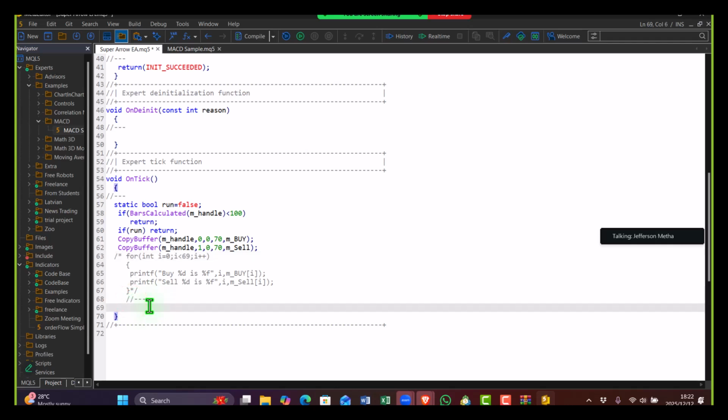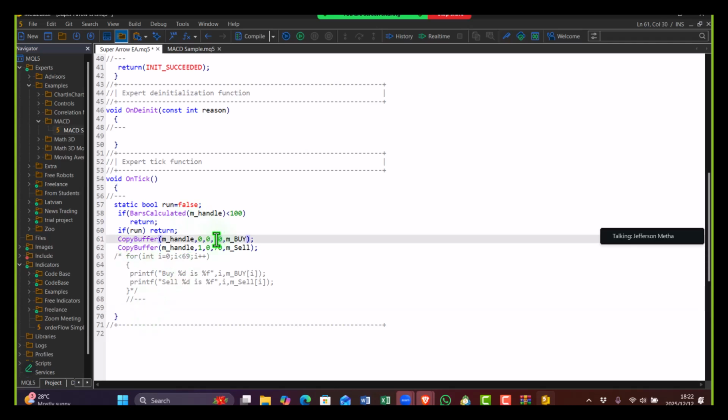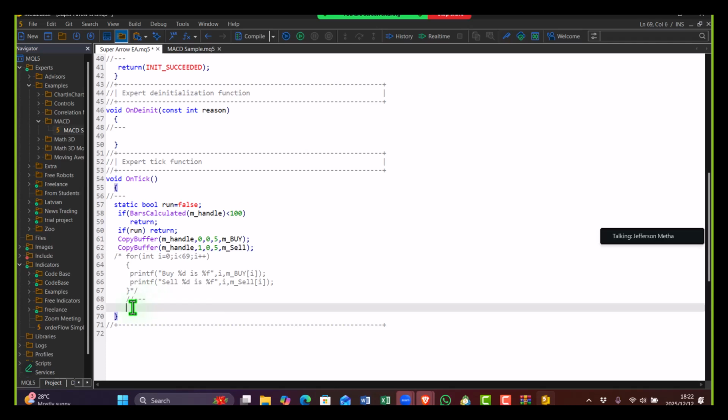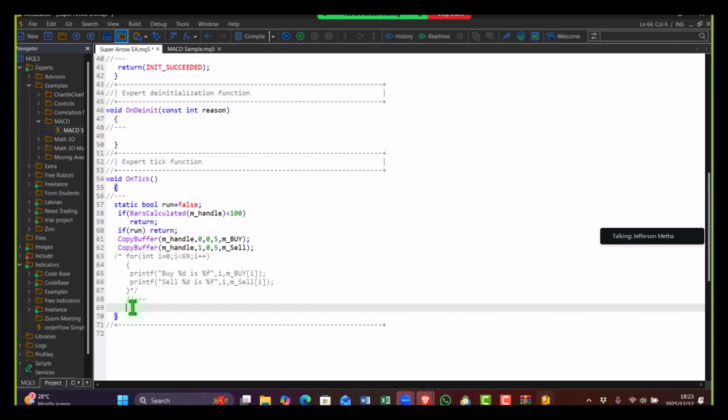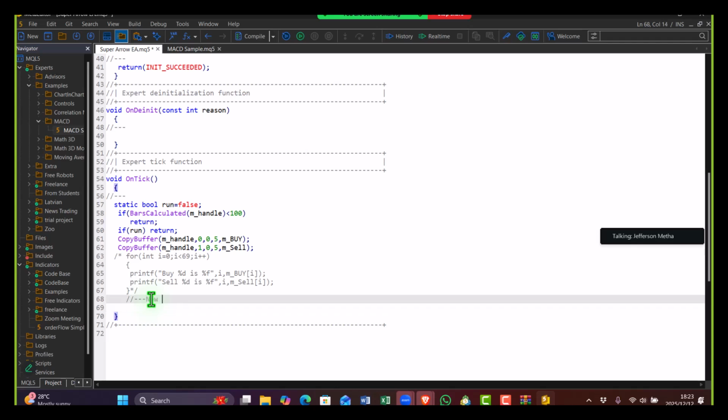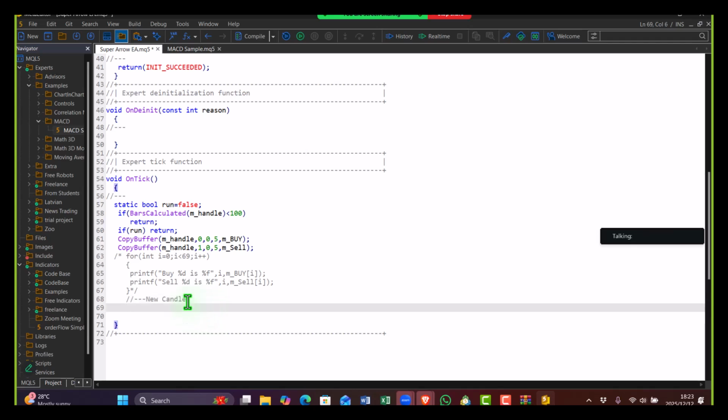So now we want to say, instead of dealing with a lot of it, I'm just going to reduce that to just 5. So we're going to need, if it's a new candle, right? This is working if it's a new candle. We can write the code for new candle, but yeah, if it's a new candle,